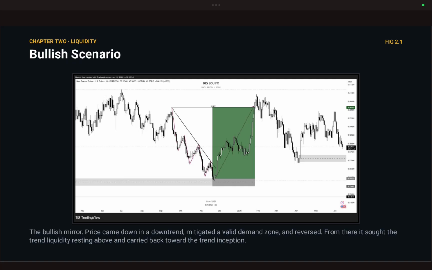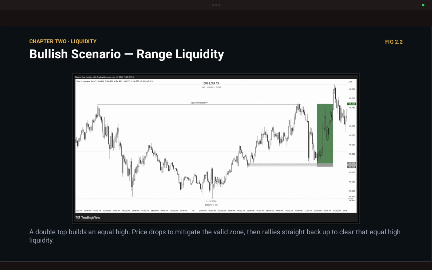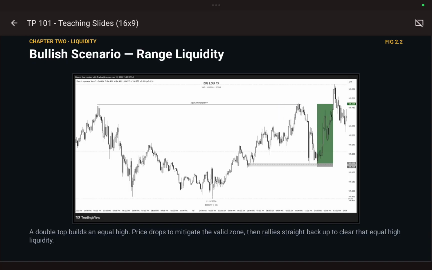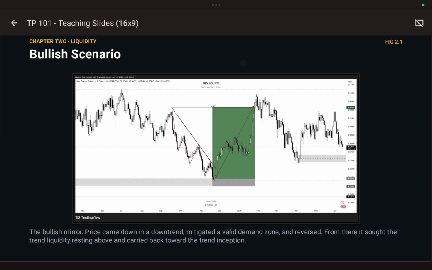I hope this is clear. It is not too difficult. Now that is for trend liquidity. But then trend liquidity is not the only liquidity. We also have liquidity resting, not just resting on trends,